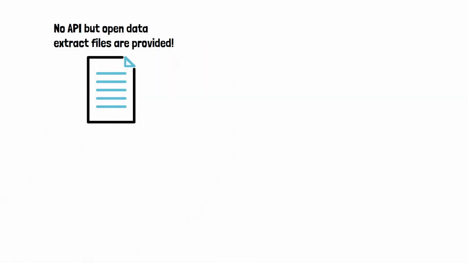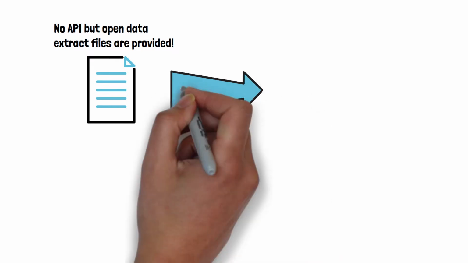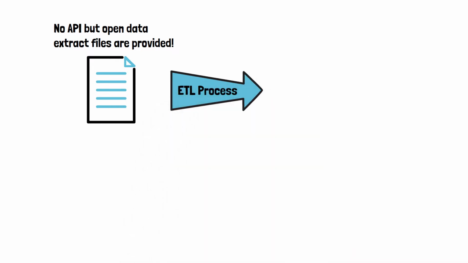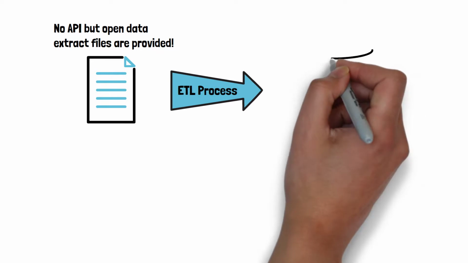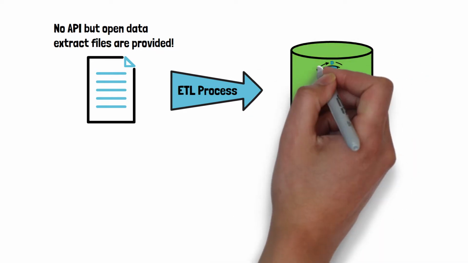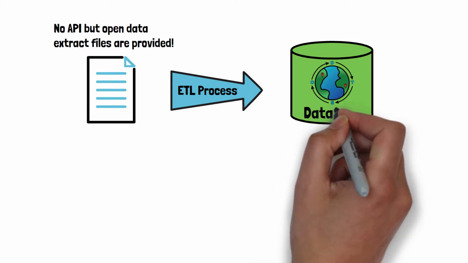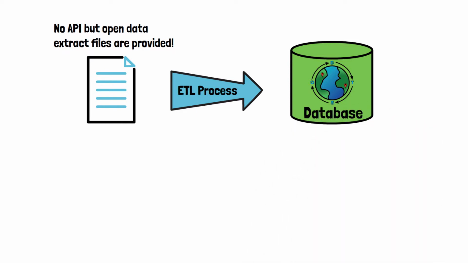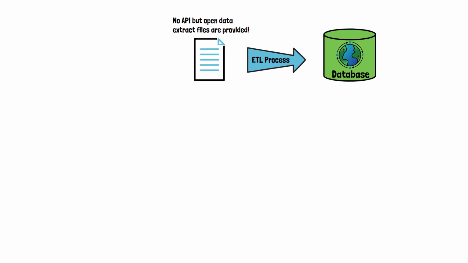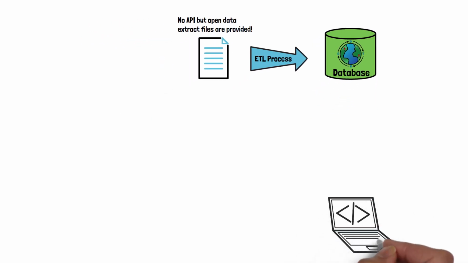The first part of utilizing a file extract is to download it and then perform a process called extract, transform, and load (ETL). With the data now residing in our database, to produce the custom open data APIs based on file extracts, we develop the code necessary to access the data we have loaded into our databases and share it